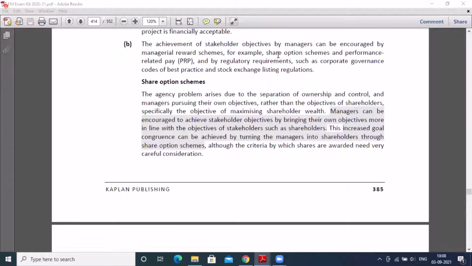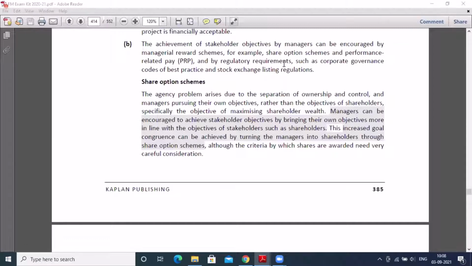Yeah, to provide bonus on achieving a particular profit level. Correct. The achievement of stakeholder objectives by managers can be encouraged by managerial reward schemes, for example, share option scheme and performance related pay, and by regulatory requirements such as corporate governance code of best practice and stock exchange listing regulations. Now it means that in addition to this